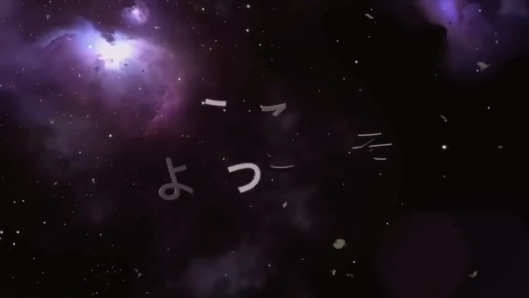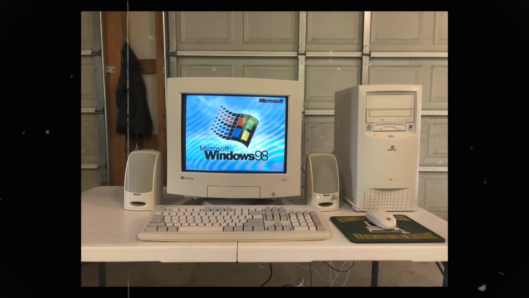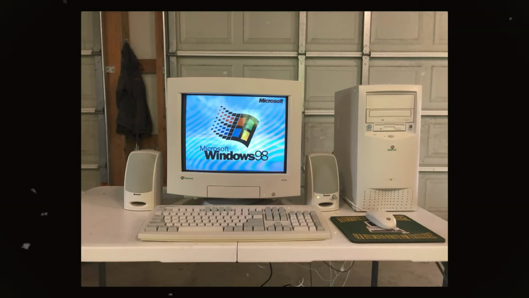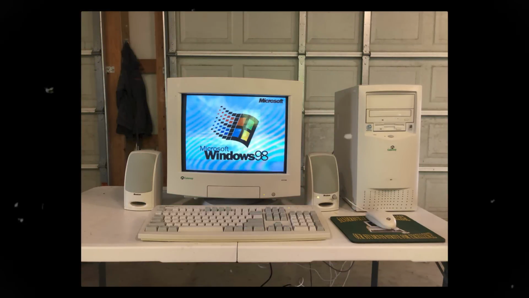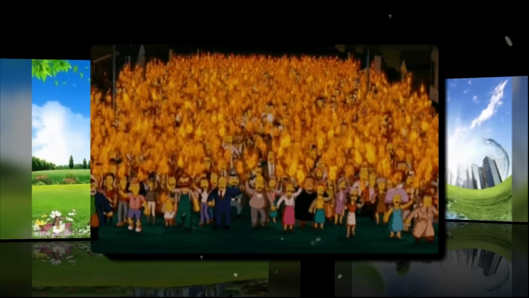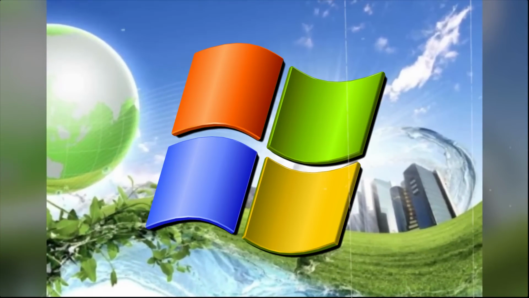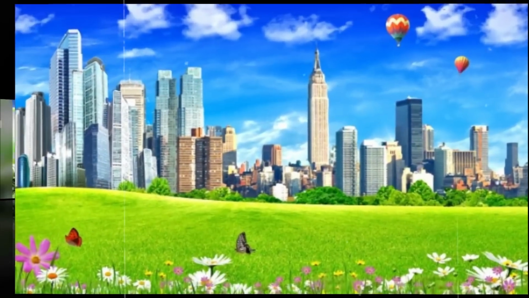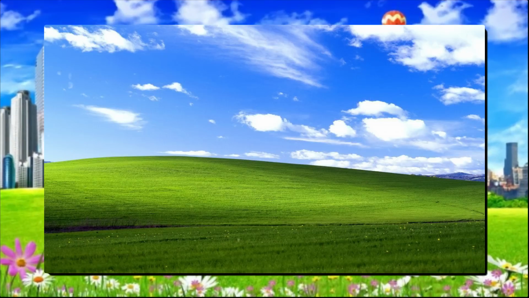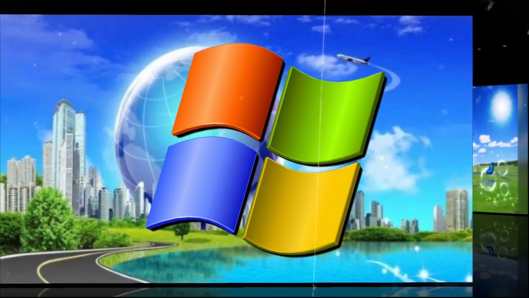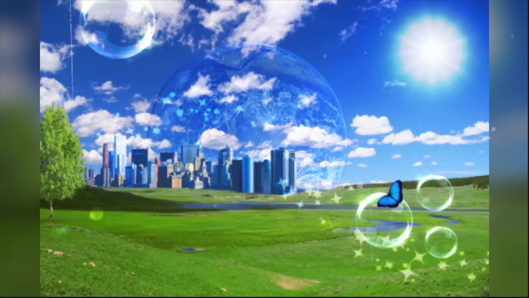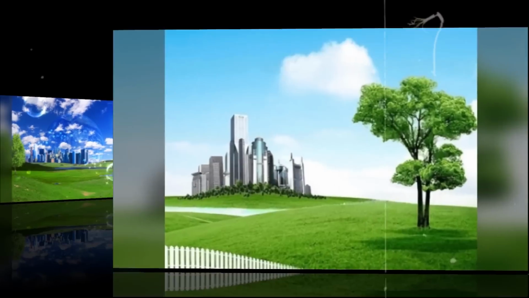To understand how Frutiger Aero began, we have to go back to a very specific moment in time. The late 90s and early 2000s, a period when technology was becoming mass market and optimism about the digital future was at an all-time high. Microsoft was leading the charge. In 2001, they released Windows XP, and with it came a design language that defined the early 2000s. The Bliss wallpaper, that green hill and blue sky, became iconic, but it wasn't just a pretty image. It was a mission statement, a symbol of a simpler world and a more peaceful digital age.